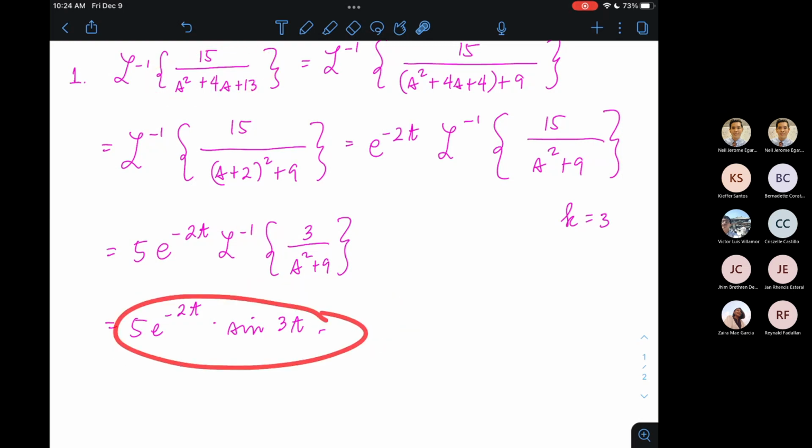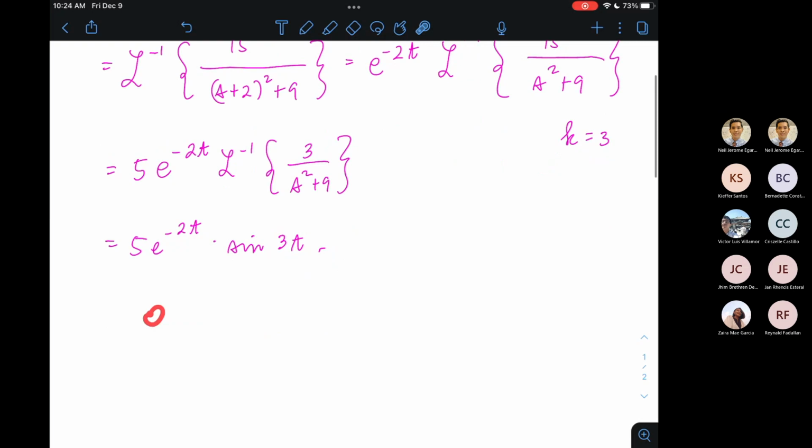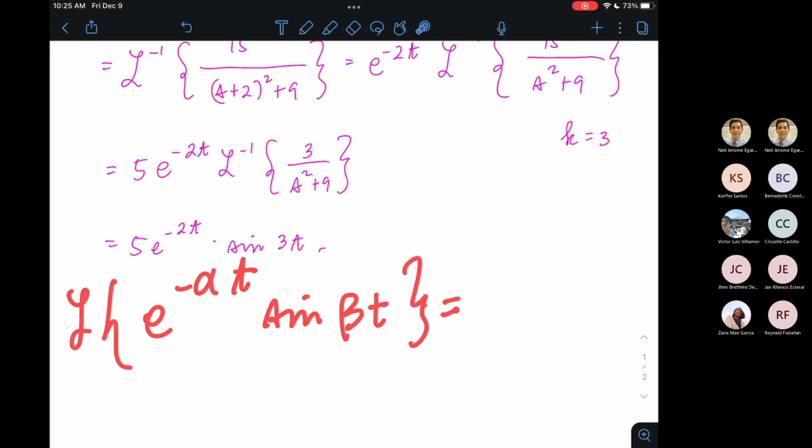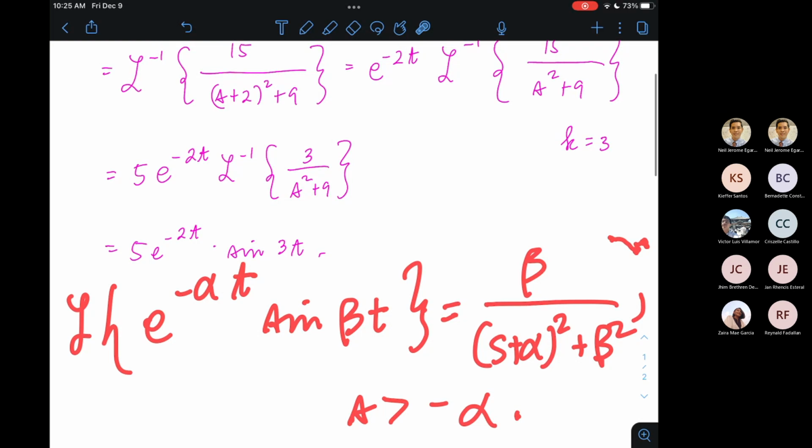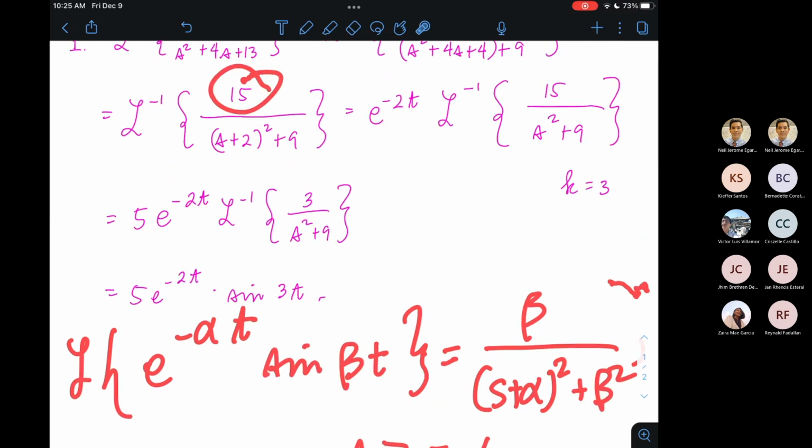And I guess I included this as one of the appendices to the slides, ano? Dun sa table na sinulat ko last time na shinare ko sa inyo, meron ako dong Laplace transform ng, if you remember, e to the negative alpha t sine beta t. Sabi ko, ang Laplace transform nito ay equal kay beta over s plus alpha squared plus beta squared, provided that s is greater than negative alpha. So, ibig sabihin, pwede nyo palang, kung sa ulado nyo yung buong table na shinare ko sa inyo, pwede palang pagkakita nyo nito, sabi nyo, beta is